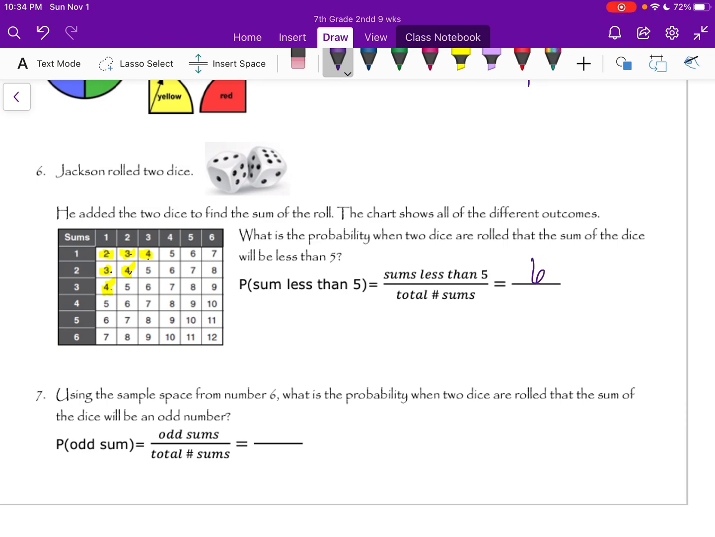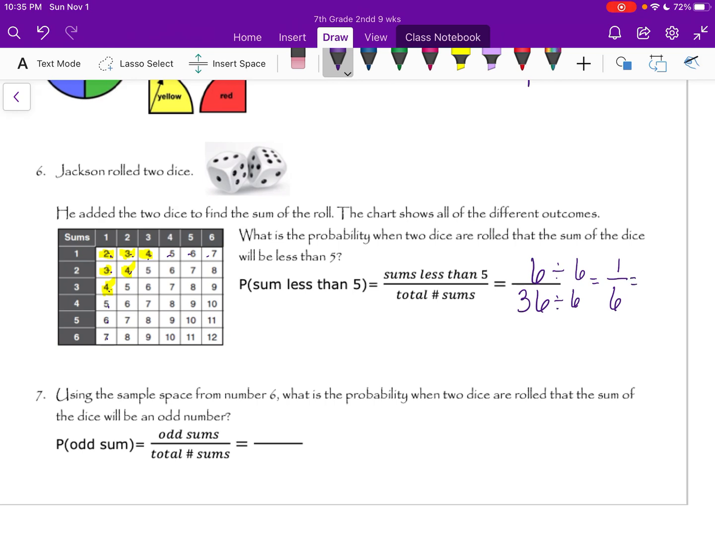What's the total number of sums? So we could count them, but I'm going to use a multiplication. So we have 1, 2, 3, 4, 5, 6. 1, 2, 3, 4, 5, 6. So 6 times 6 is 36, right? That makes an array, right? So we can just multiply. So 6 times 6 is 36. We definitely should simplify. We can simplify by 6. So 1/6,